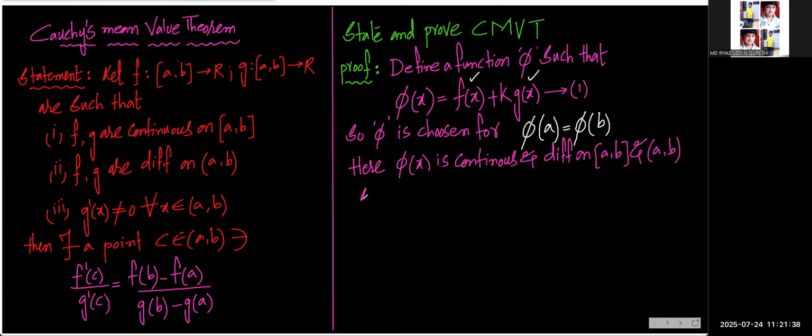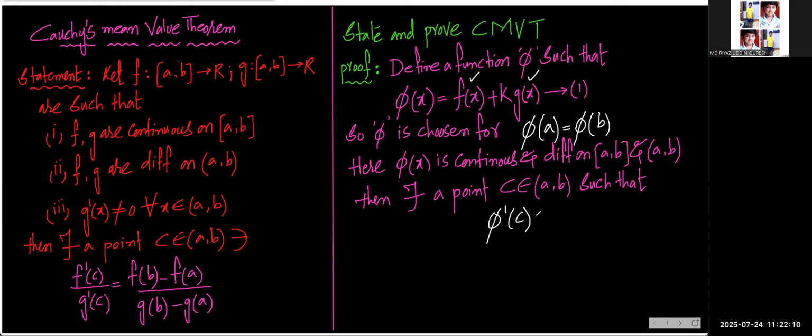So then there exists a point C belonging to (a, b). By Rolle's theorem, we can say there is C belonging to (a, b) such that phi dash of C is equal to 0. That's it. Now we take the condition phi of a is equal to phi of b, substitute the values, get